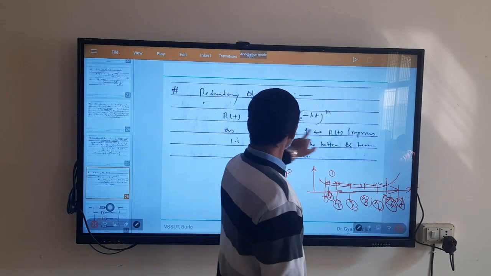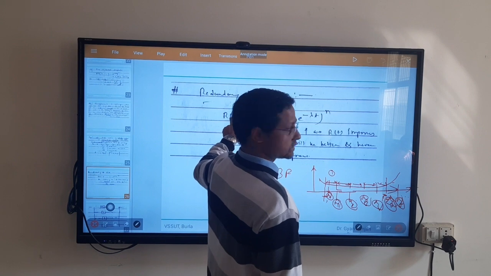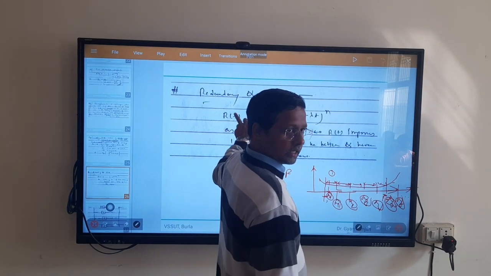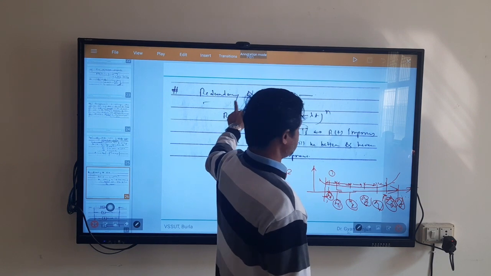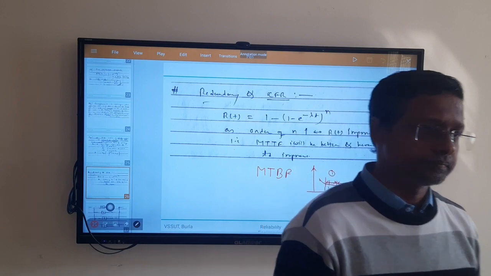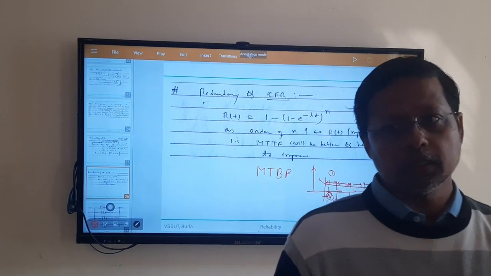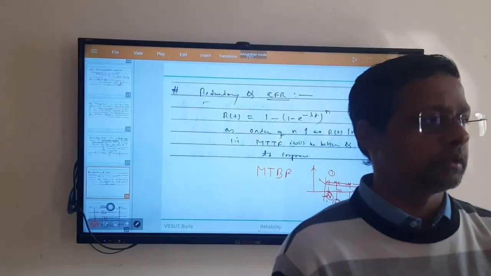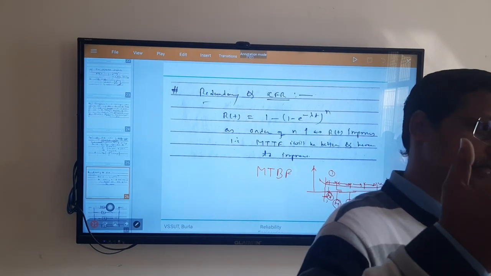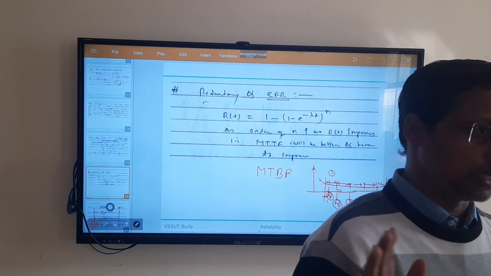This RT, remember, don't be confused. Right now this RT is what I call system reliability, for our understanding. So if this RT can increase, it ensures higher availability. Maybe earlier the availability chances were 80%, now the availability chances are 90%. So the probability of success is increased by 10 out of 100.